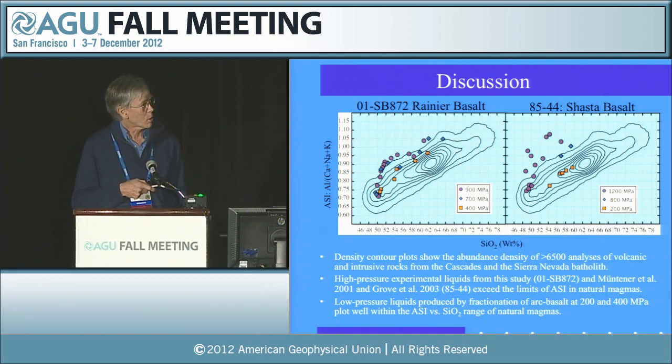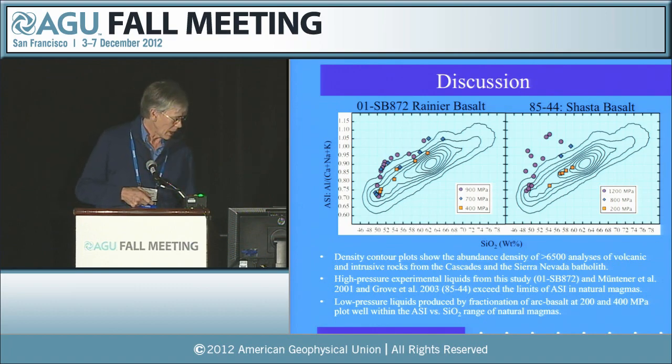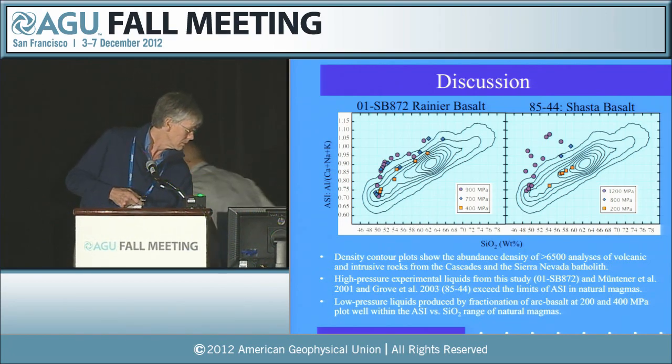Now, at lower pressures, this is less of a problem. So 9, 7, and 4 kilobars. And then here's some results at 2 kilobars that fall right along the natural trend. And it raises a question of what really is going on. Even though we can make calc-alkaline andesite,